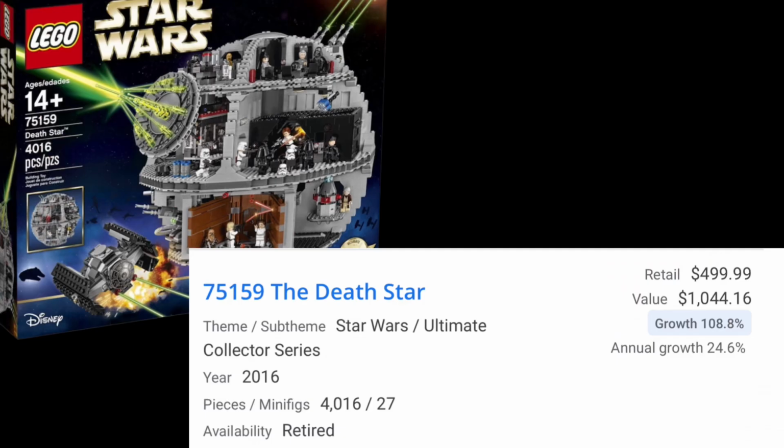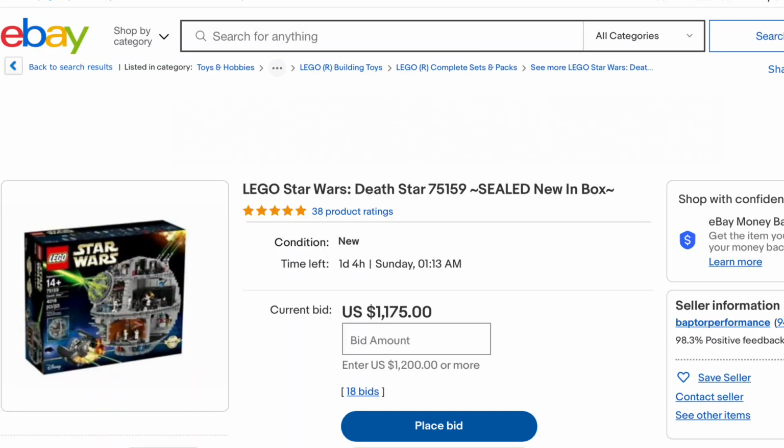But the one I really want to bring your attention to is the granddaddy of them all, the Death Star. Now, probably all of you know about this set. It retailed at $500 and today is selling for almost $1,200. That's a huge home run if you happen to have picked that one up anytime between 2016 and when it